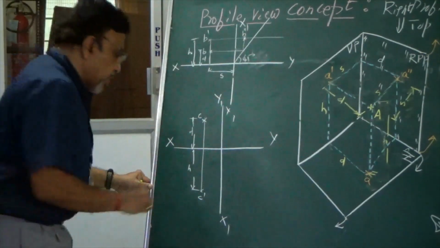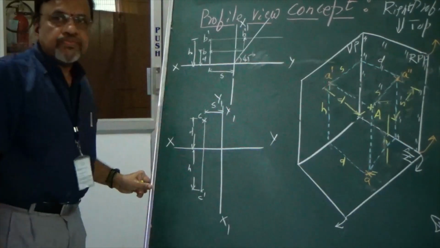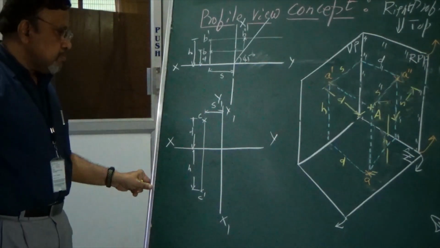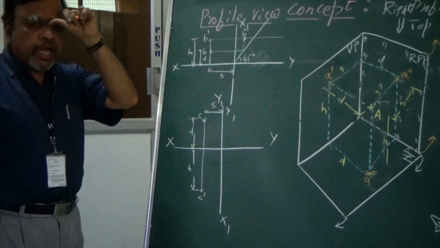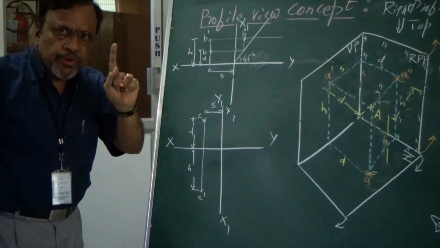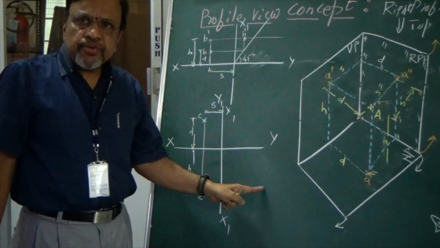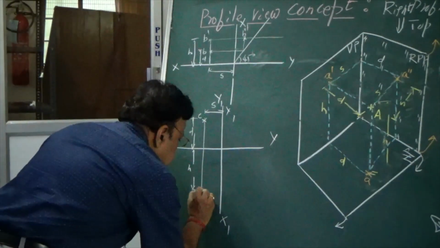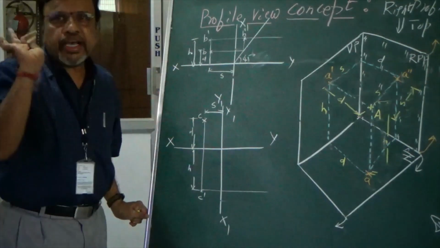X1, Y1, and again this distance I can take as some S distance. Okay. Now I want to draw the side view. Remember, I told you that wherever you have the front view, in that particular quadrant, I will get the side view. That is, I should draw a projector like this. So upon this projector, I should get C double dash.